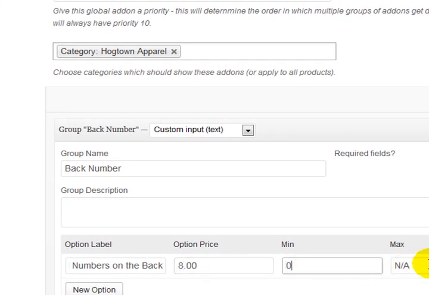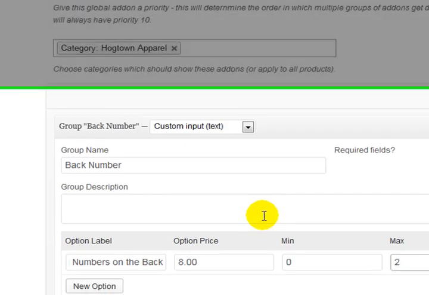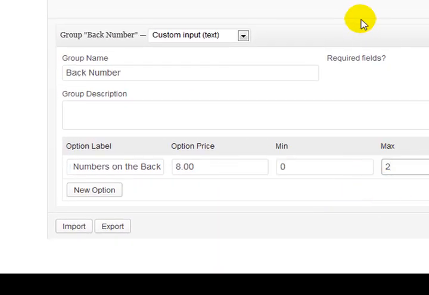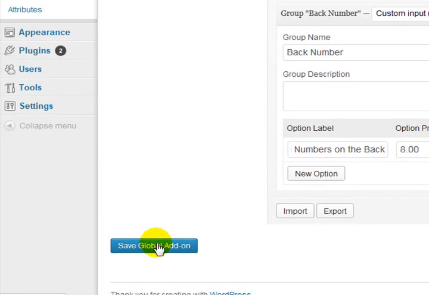The maximum is 2, because we don't really want to go more than 2 numbers. I've seen a lot of people trying to get 3 numbers, but at an 8-inch size it looks very strange. It is possible, but we're going to avoid that kind of option. Unless you want to add it, then you can add it yourself with this tutorial. Anyways, after that you just save the global add-on,